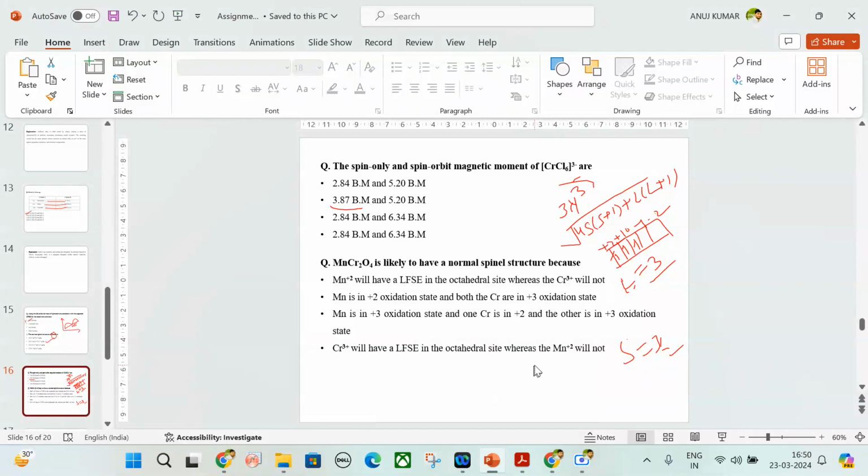Okay, so the structure is decided on the basis of LFSE values only. So basically, you have to identify which one, the bivalent cation or the trivalent cation, is having a higher LFSE. Okay,